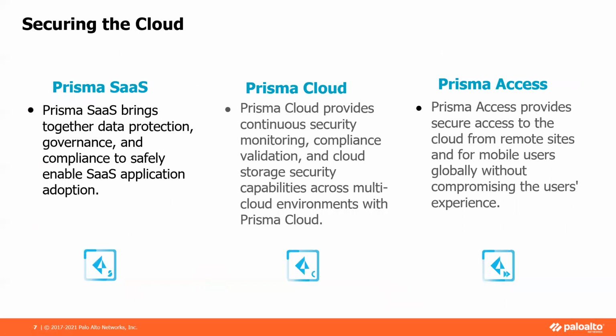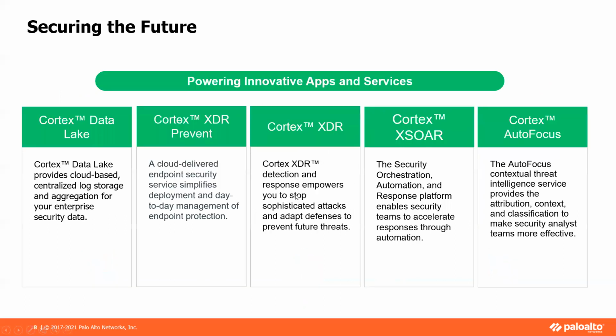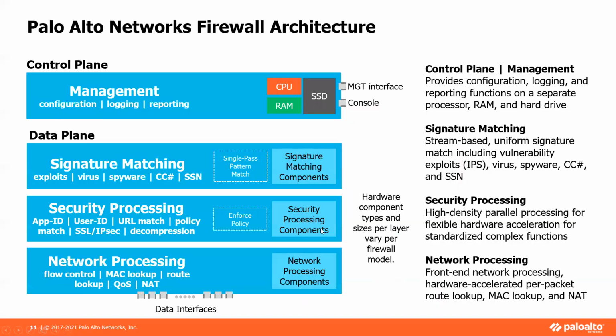All right. So Prisma software as a service can bring you some data protection. It's used on the cloud side. You have Prisma Cloud, used to provide continuity of service between security monitoring, et cetera, even if you're out in Amazon Web Services, Google, or Azure. Talking about the apps and services, we'll talk about Cortex in here and getting to the next